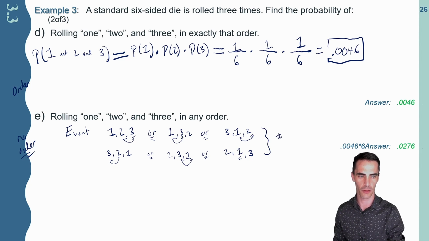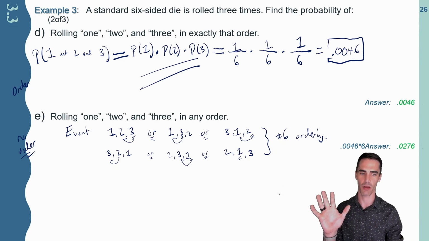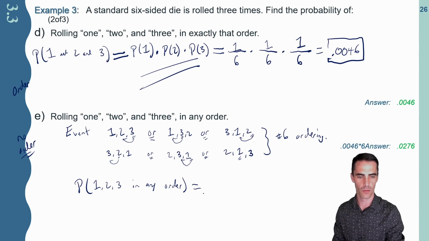There should be a total of 6 orderings, or 6 different ways to get exactly the same probability up here, right? All these events have the same probability. I'm going to add them together. So the probability that I get a 1, 2, and 3 in any order is going to equal how many times I can reorder exactly this probability,